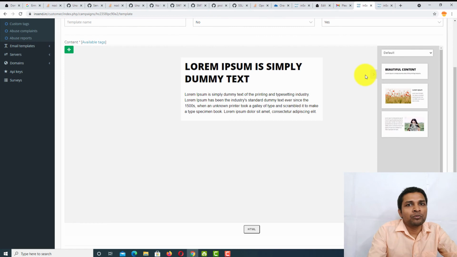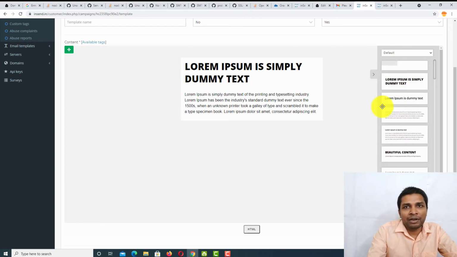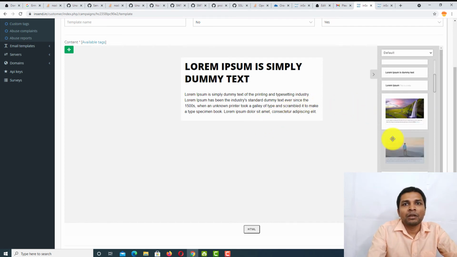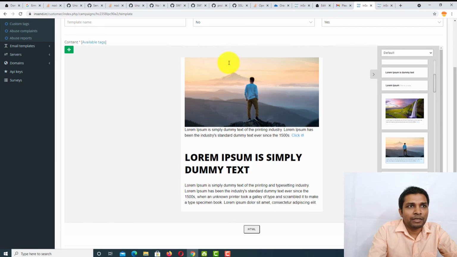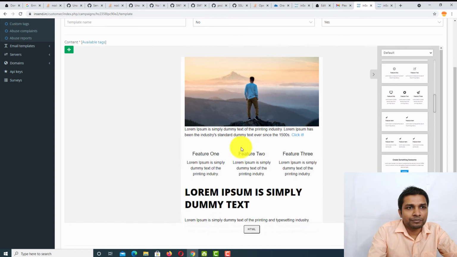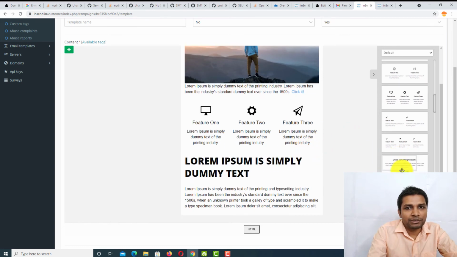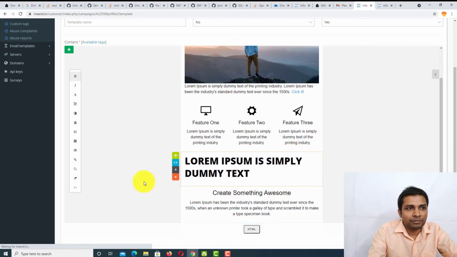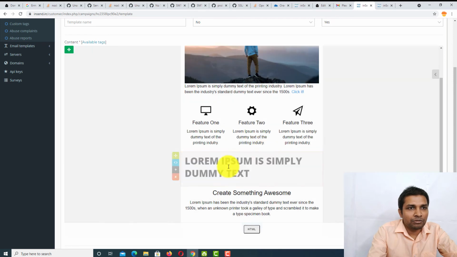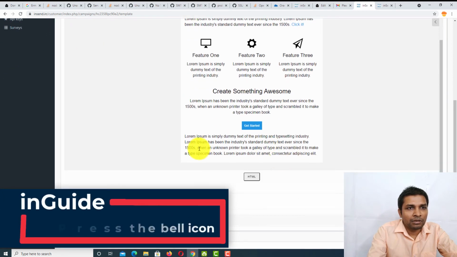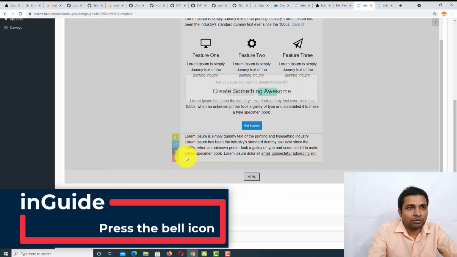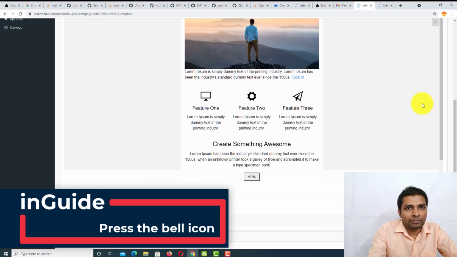And now you will find a very nice drag and drop editor here. It would save your time on creating newsletters. So let me create a nice newsletter quickly. So here, alright, and then I'll put this, then this. I don't want this. Okay, alright, and also I don't want this. Next